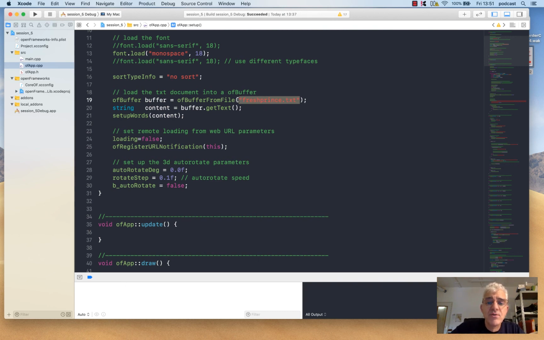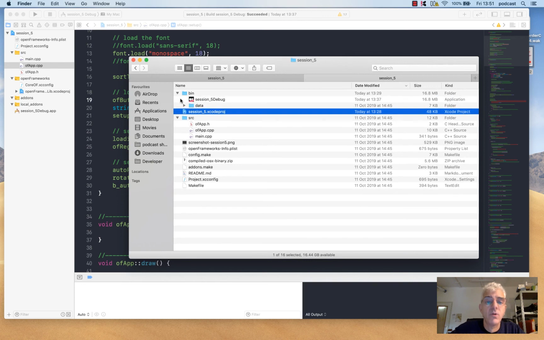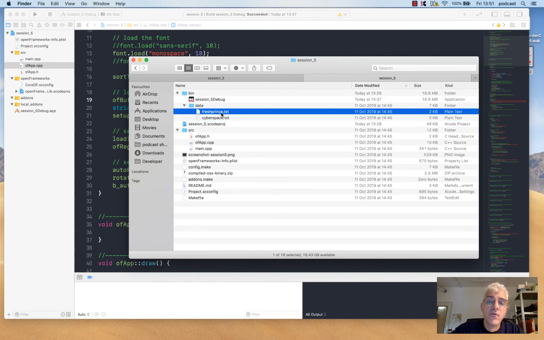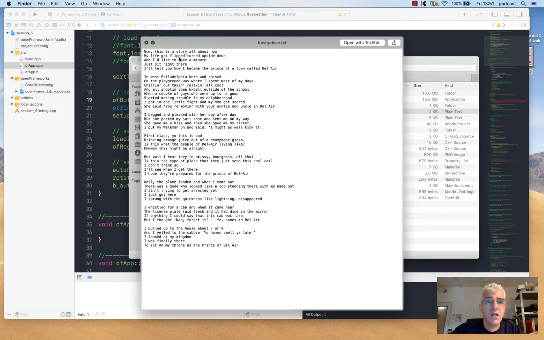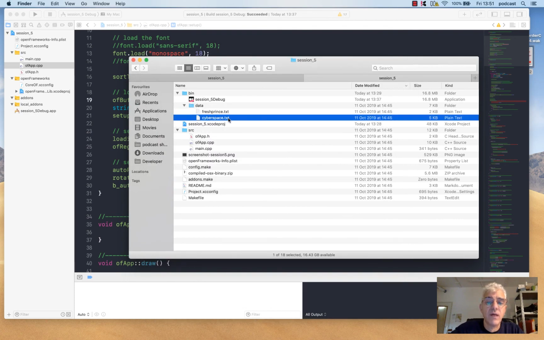Now, the freshprints.txt file, because we're not giving it an explicit file path, openFrameworks will look inside the data folder. So if I go to my session 5 folder, inside the bin folder where our binary will be built is a data folder, and you can see I've got the fresh prints text in there, and here are the lyrics to the theme song for Fresh Prince of Bel-Air, and I've also put another text file in there, which is